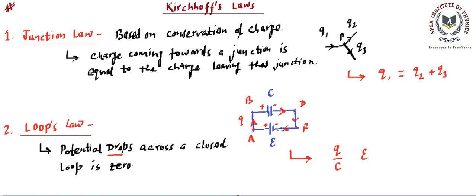But if you see carefully, this time we are moving from the minus terminal to the plus terminal. That means there is a gain in the potential. If there is a gain in the potential, we need to write it as a minus. So we will be writing this as a minus. So we have calculated the potential drops across the loop. This must be equal to 0. And that's the simplest equation that we have already used. So this is going to be Kirchhoff's equation, Kirchhoff's loop law.